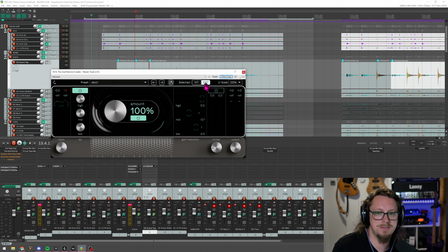There is an option to have an external sidechain for some sort of compression, which I'm not currently doing, but that's something that I might experiment with in the future. I'm not sure how the creators were intending that to be used, but it's there. And there are these little green horseshoes, and if I just hit play,